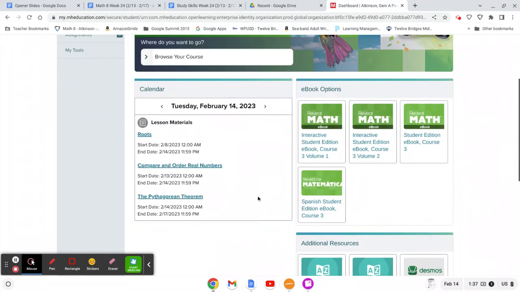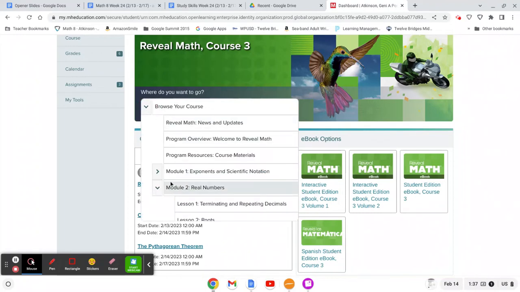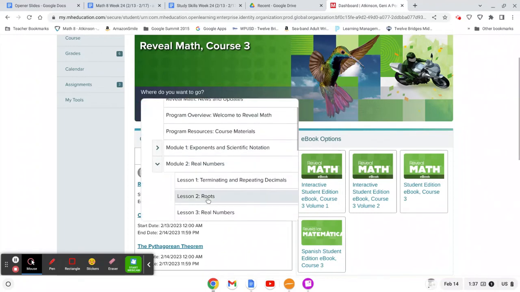Or whatever we're currently working on, I've also been attaching that as lesson materials in the calendar just to make it easy access for you. But let's go here in case you want to go to somewhere from anything. So where do you want to go? Browse your course. So I'm going to go to Module 2, Lesson 2, Roots, because it matches the workbook pages we were looking at. So if I click on Roots,